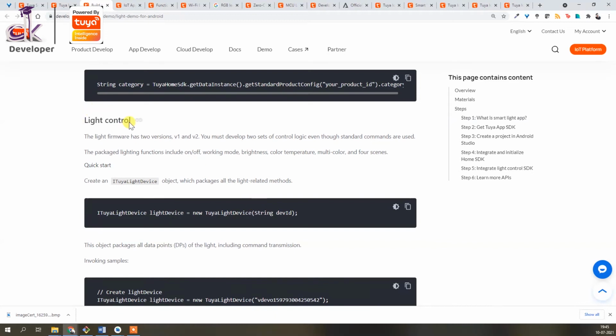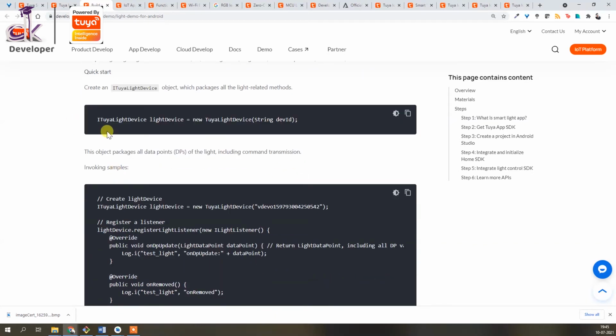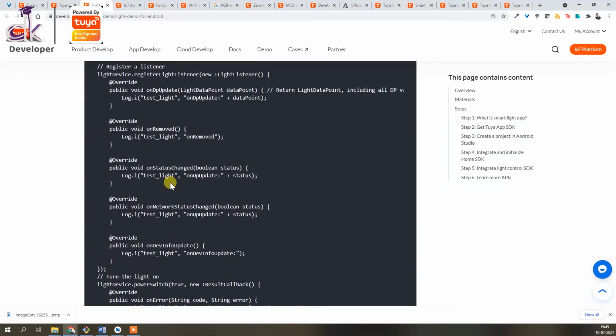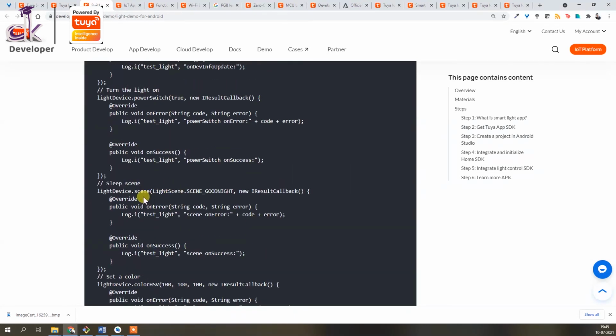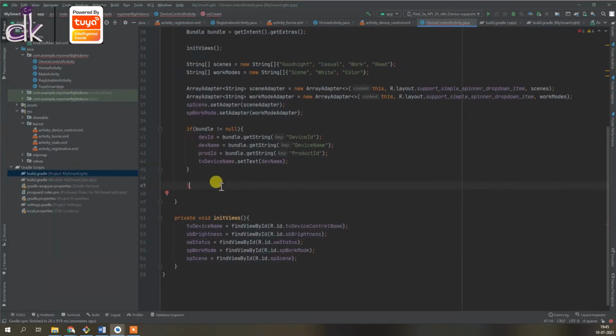Okay, so here at the bottom you have light control. So we'll be using this. So we want to create an IoT light device, and then we can use different functions like the scene, the power switch, etc. Okay, so I'm going to do that. Now that it is complete, I'm going to add the IoT light device, and I'm going to call this variable control device, right?